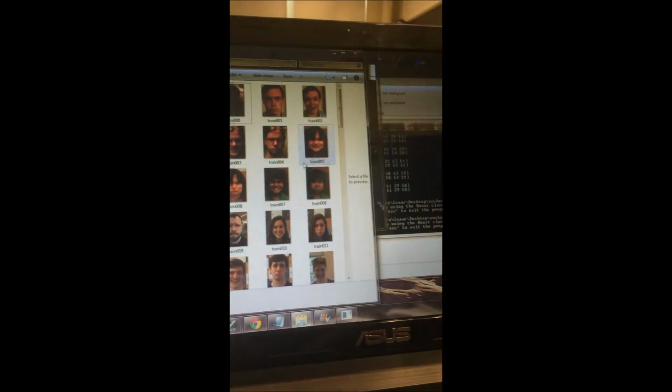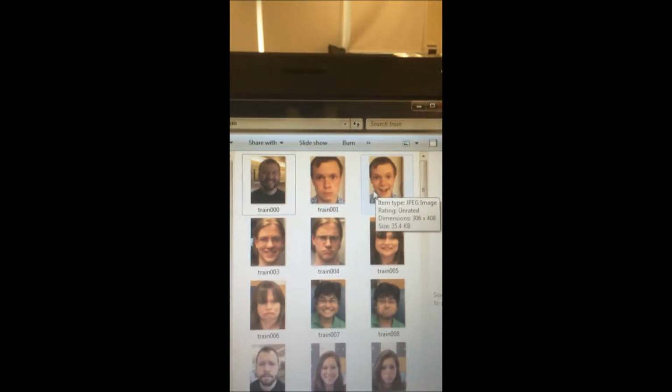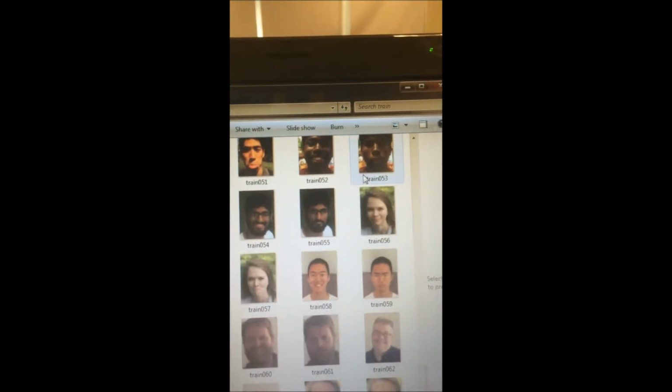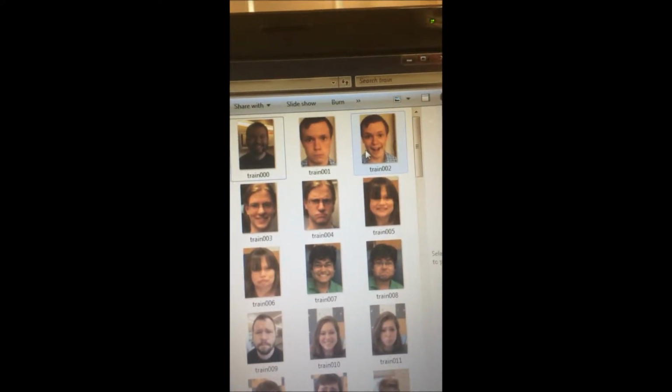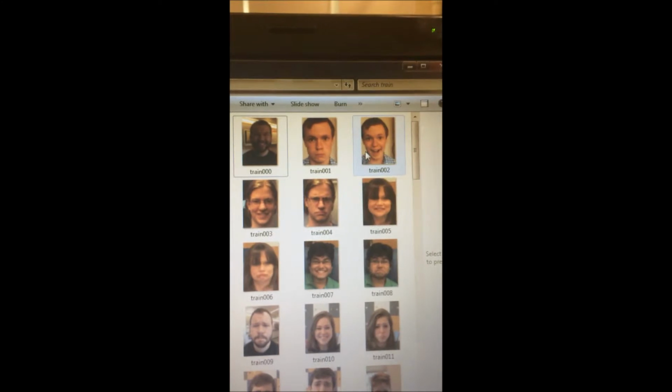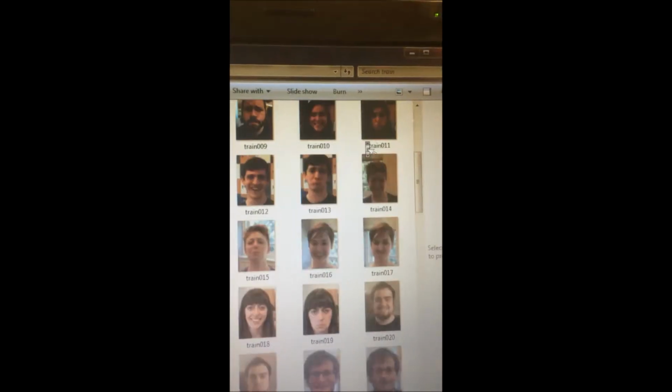The way the program works is first, it takes in the training data that we give it. So we went around and took a bunch of pictures of people frowning and smiling. There's about 60 or 70 in here. We have one for each person, one picture of them smiling and one picture of them frowning, and we've labeled them all as such. So they're read into the program,